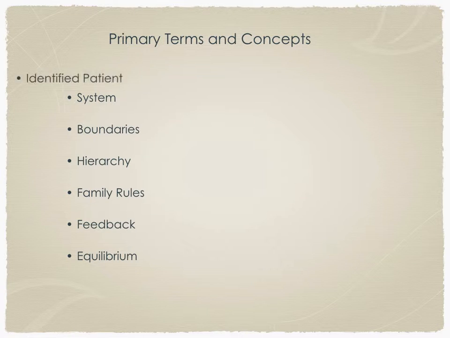And the next one, identified patient. This is an individual who carries most of the family's burdens, and often gets seen as the cause of the family's problems, but that's not exactly how it would be. So you could have a family of 5 that has its own financial issues or its own trust issues, whatever it is, but one of the children could be carrying the burden of all of that the most. They could be trying to